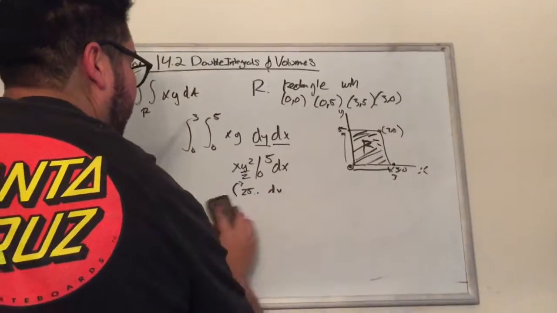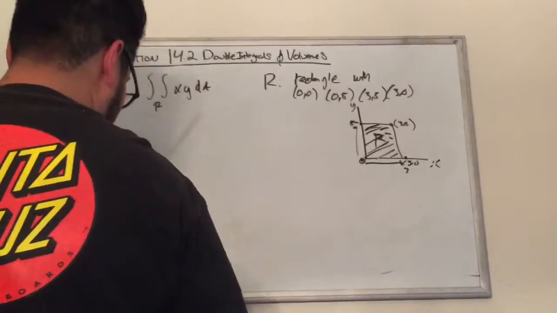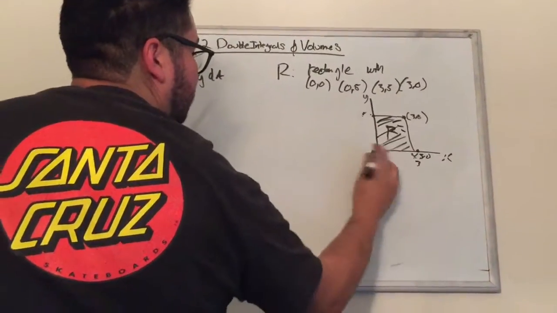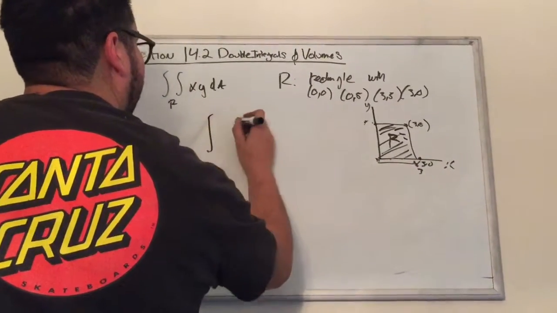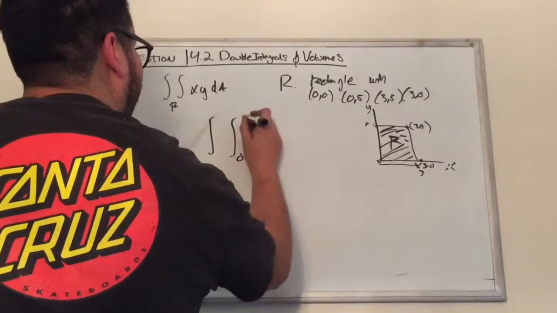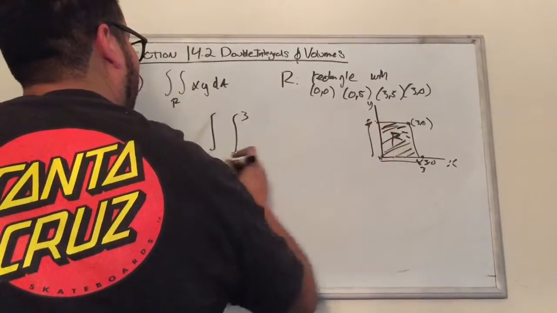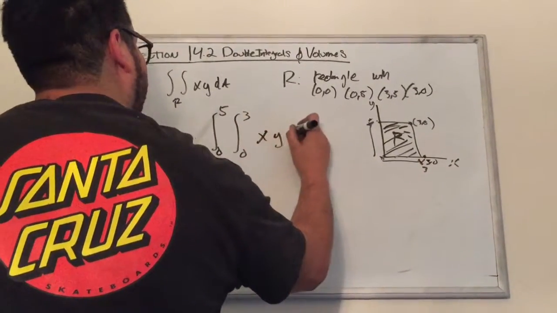So now if we take the second order, which would be x first, and then y. So same thing, we start with the x. So we do from 0 to 3. So we set up the integral, the bound from 0 to 3. And then the bound for y, being the second one, 0 to 5. Same function, x, y,